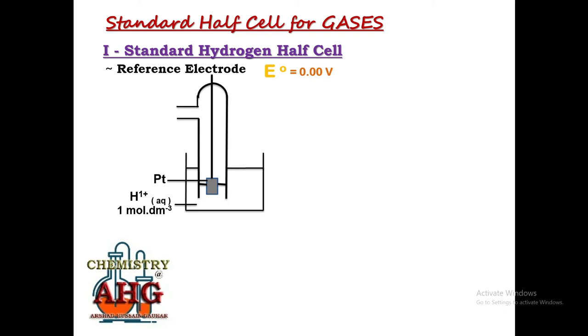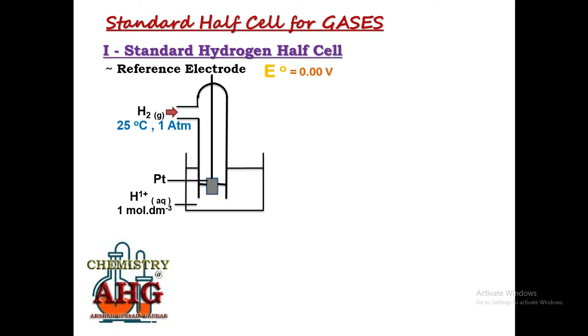Why do we divide the platinum into two parts? So that on the upper part of the platinum foil, hydrogen molecules can adsorb themselves, they can settle themselves, while at the lower part of the platinum foil, hydrogen ions will be settled. So what will happen after introducing this glass container, with the help of the opening where there is a valve? With the help of that valve we will inject hydrogen gas at a temperature of 25 degrees Celsius and 1 atm pressure. We will fill in this container.